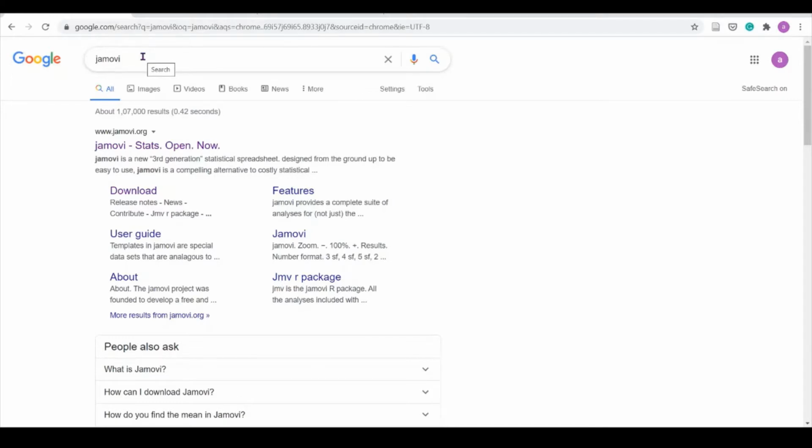That is a paid software. So I just wanted to find something that's open source, that is, open for using and downloading, and something that's simple also. So I've come across Jamovi and I'm planning to use this for the video. So go ahead and download the Jamovi software,